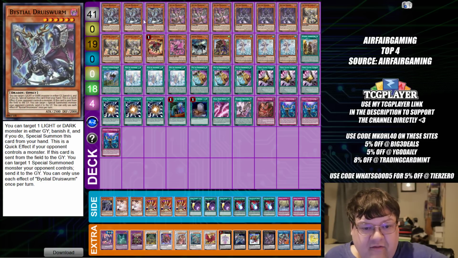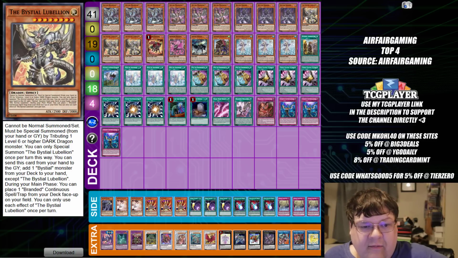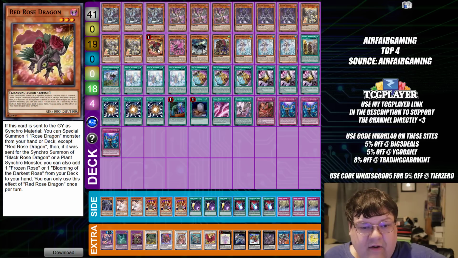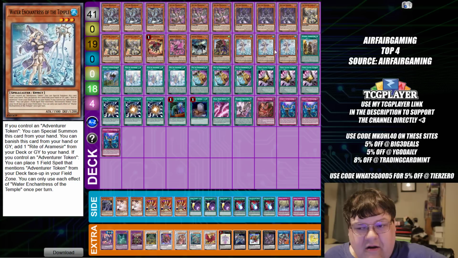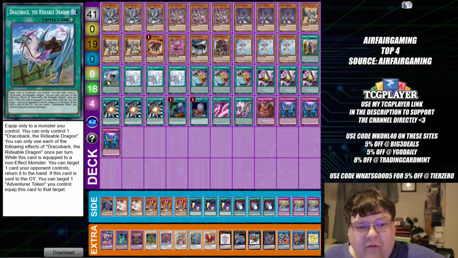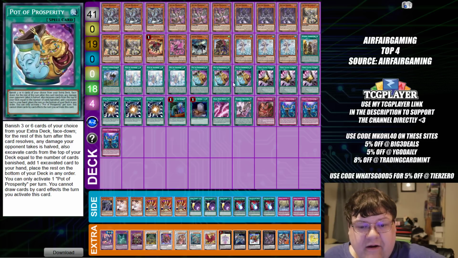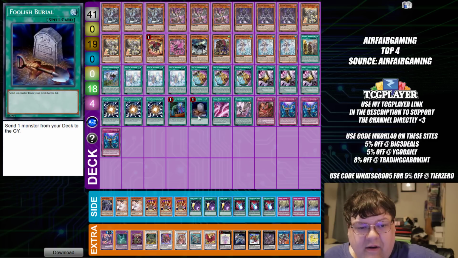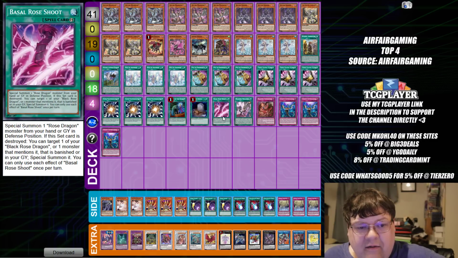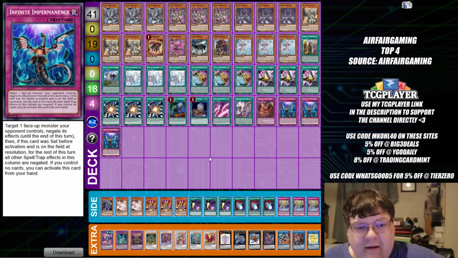So we have triple copies of Drystan, triple copies of Magnamut, triple copies of Saronir, triple copies of Lubellion, 1 copy of Red Rose Dragon, 1 Rox Rose with 1 Illegal Knight. We have 1 Griffin Rider, triple copies of Yield Water Enchantress, 1 Faithful Adventure, 1 Dracoback, triple copies of Rite of Armesia. Then we have triple Pot of Prosperity, triple copies of Talents, triple copies of Super Poly, 1 Call by the Grave, 1 Foolish Barrel, 1 Basil Rose Shoot, 1 Branded Regained, 1 Branded Banishment, and triple copies of